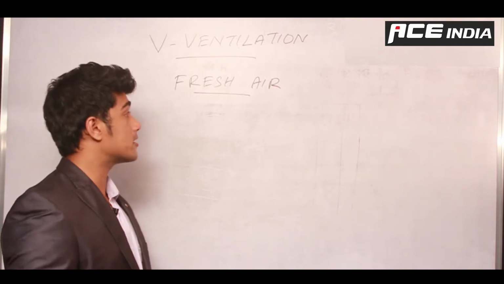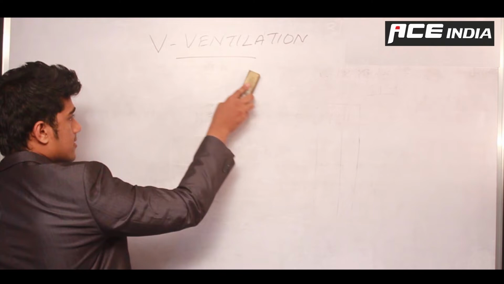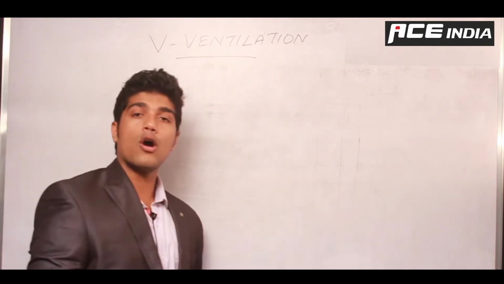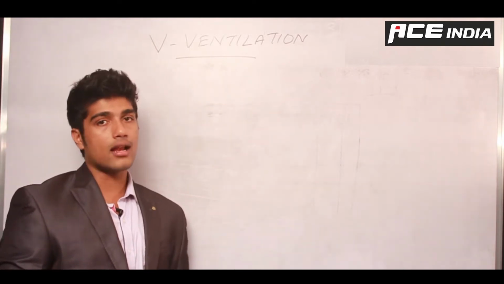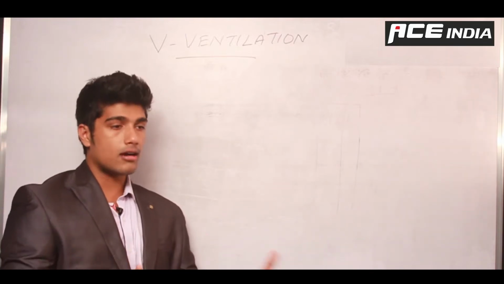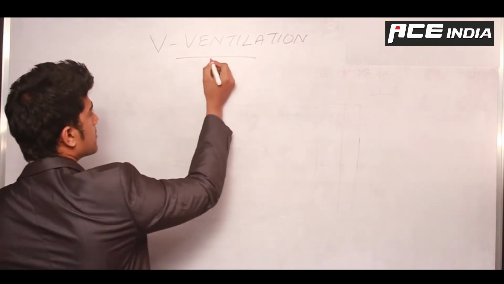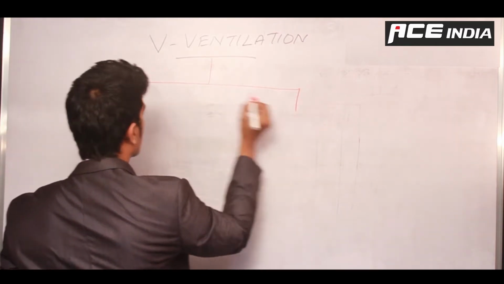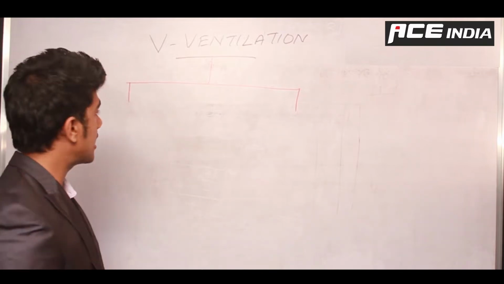Anyways, when we are going to do a ventilation system, we need atmospheric air or fresh air transferring through our space or our building air, so that I'll have a better smelling or better oxygenated or better quality air inside my building. So for that, I have two types of systems. Two types of ventilation systems are available for me.